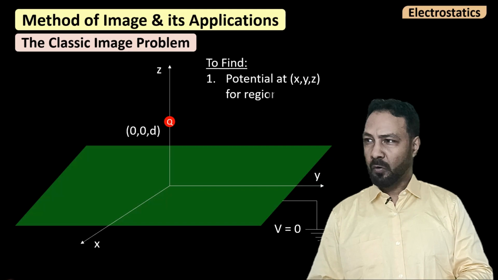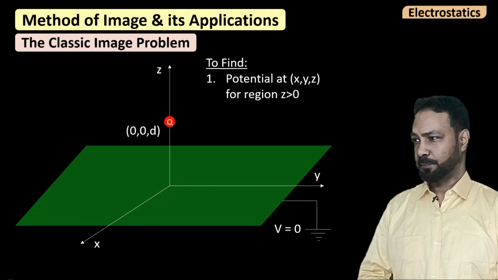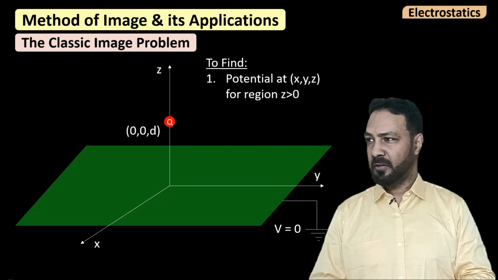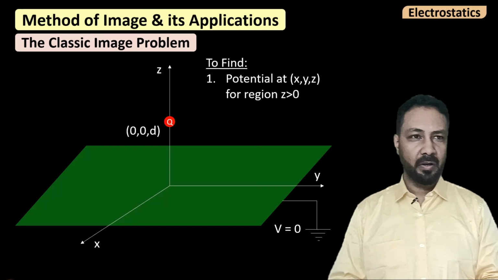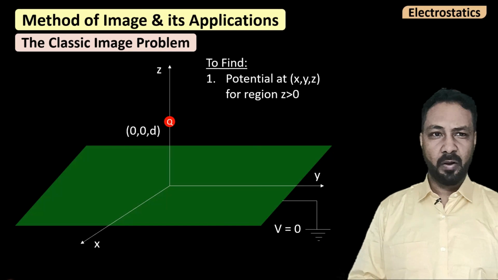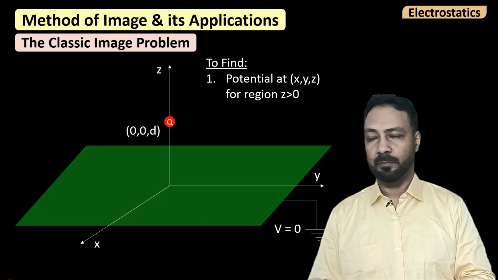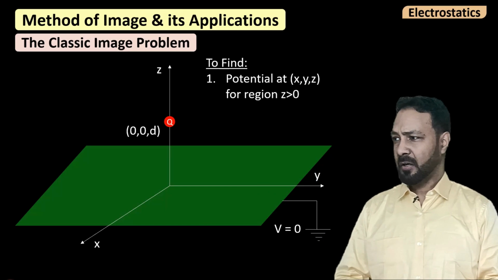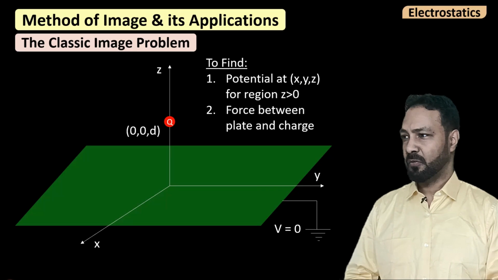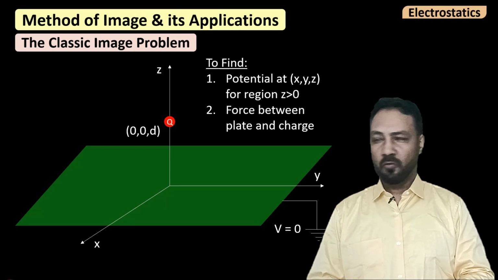We want to find the potential at a general point. The sheet is the z equals 0 plane, the XY plane, and we want the potential at a general point (x, y, z). And the other thing I want is the force between the plate and the charge. So for that,